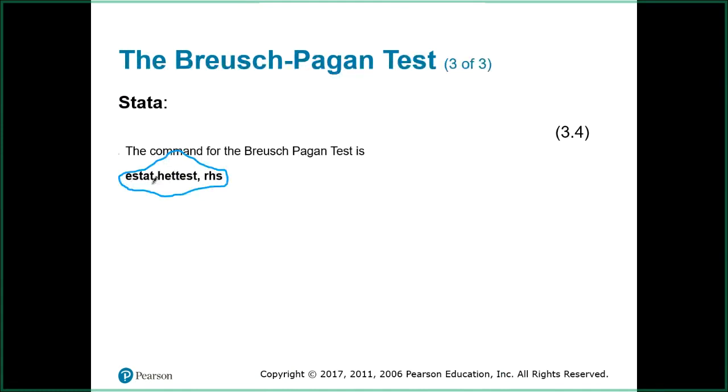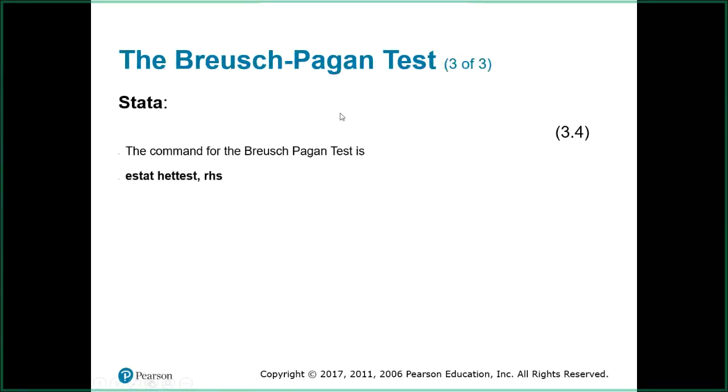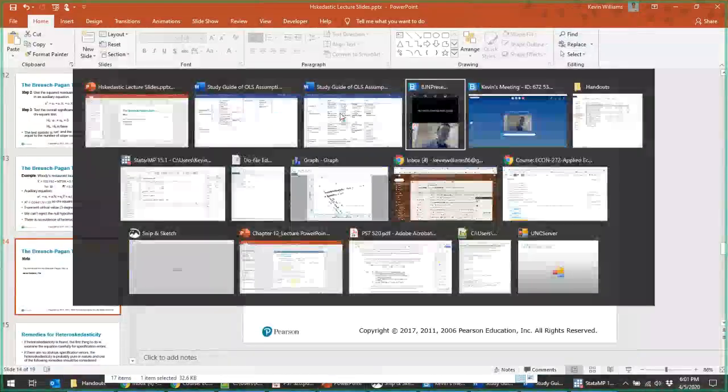After you run your regression, Stata lets you do a lot of things. One of them is predict residuals or predict your Y variables. This is another thing. So it says calculate, after you run a regression, a statistic. I want you to do the heteroskedasticity test. And then there's a few different heteroskedasticity tests. And so Stata's code for the Breusch-Pagan test is called rhs, which stands for right-hand side. In other words, we're using the variables that are on the right-hand side of our equation to test for heteroskedasticity. I know it feels kind of weird why things are named what they are in Stata, but that's how we get there. All right, so I'm going to pull open